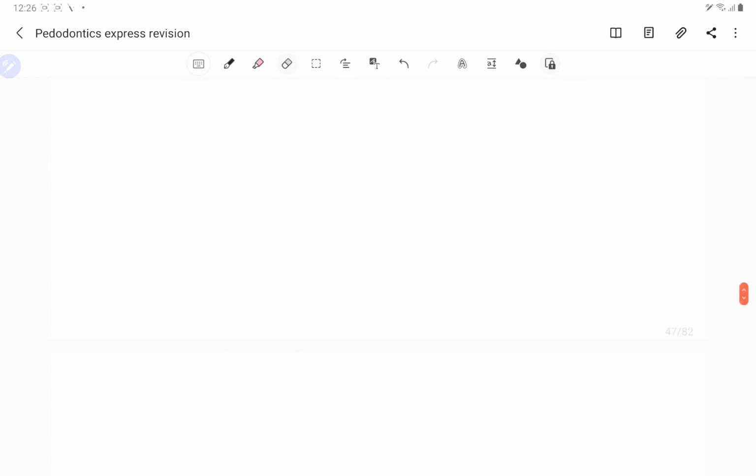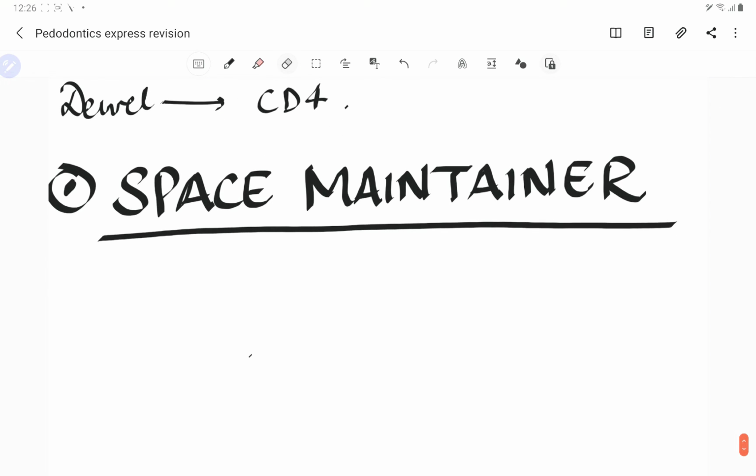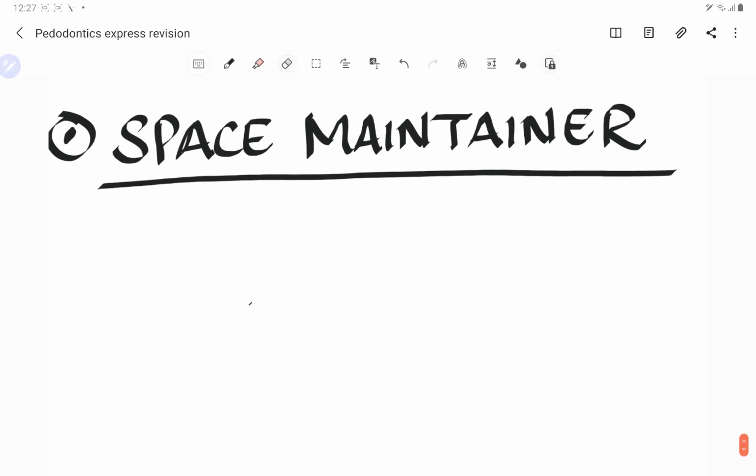So guys, let's get started with today's topic, which is space maintainers. There is spacing present in the primary teeth, which we have already studied. Primary teeth make more space for the permanent teeth to erupt. But if there is a discrepancy between the arch dimension and the tooth dimension, it leads to crowding. If there is no spacing present in the primary teeth, it usually causes crowding in the permanent dentition. Or if there is early loss of the primary teeth, then it leads to delayed eruption of the permanent teeth because